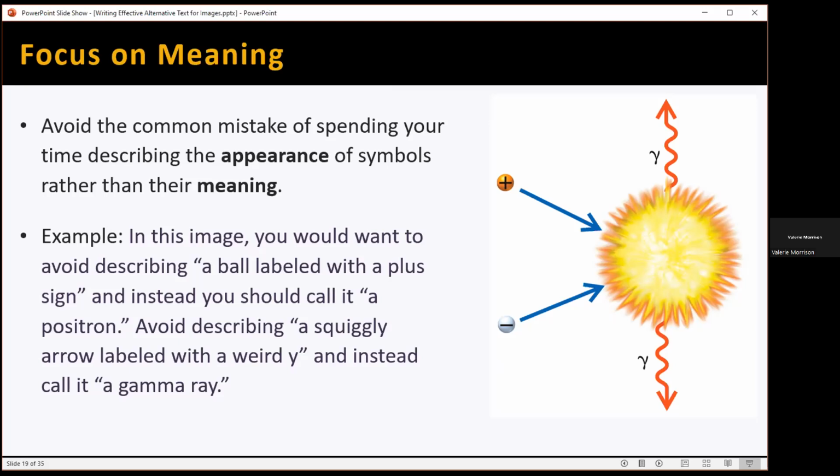Another key aspect of making sure that your alt text is streamlined and effective is to remember to focus on the meaning of an image and not on the appearance as much as possible. So in this example, on the right-hand side of the screen, I have a chemical reaction, and I was writing the alt text in a chapter of a book. And so I read a little bit to find out more about what these different symbols meant. And so in this example,